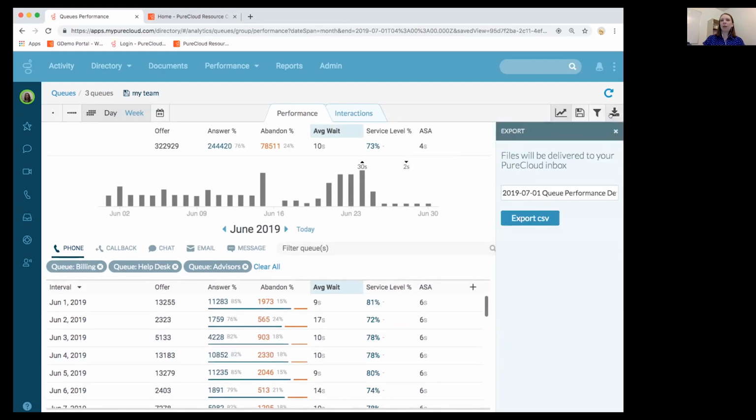And then I know people like reports because they can print them out and export them and send files over email, where it's pretty difficult to take a screenshot of this view and do that. But you can export the view as a CSV and open it in a program like Excel, so that we have that as well. And then, of course, as a technical writer for the Resource Center, my favorite part is